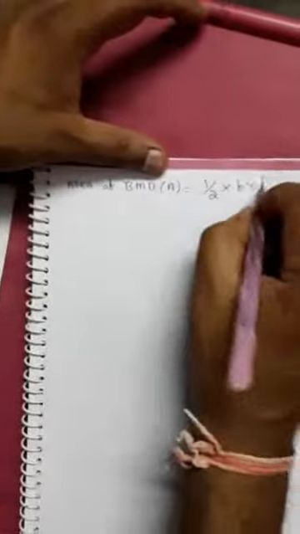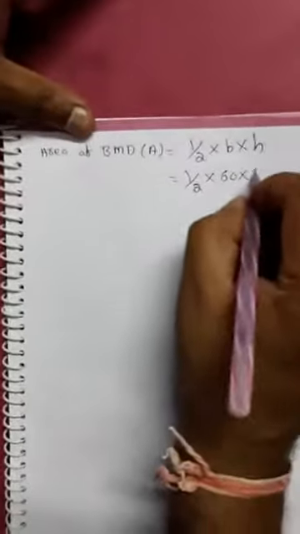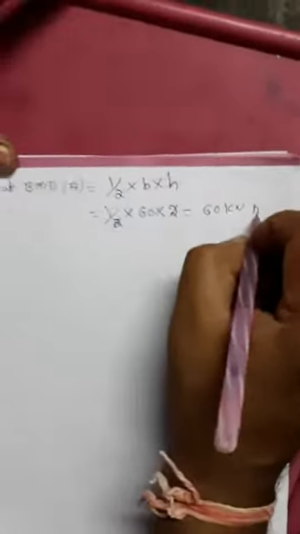So the area of the BMD is a triangle. The triangle area formula is half into B into H. So half into base equal to 60, height equal to 2. So 2 cancel, so 60 kilonewton meter square. Okay, and next, the distance